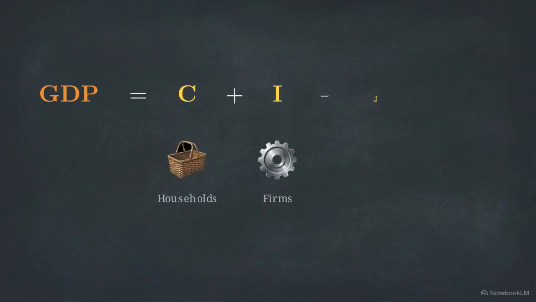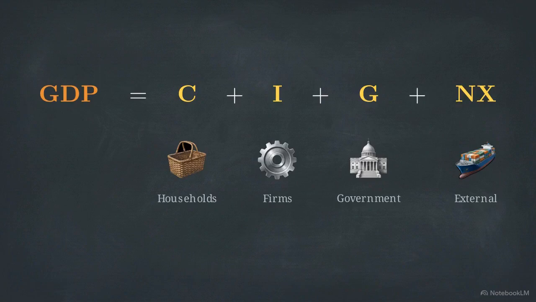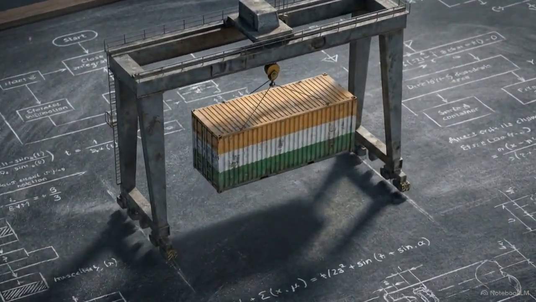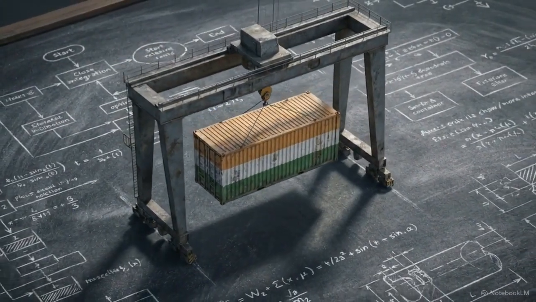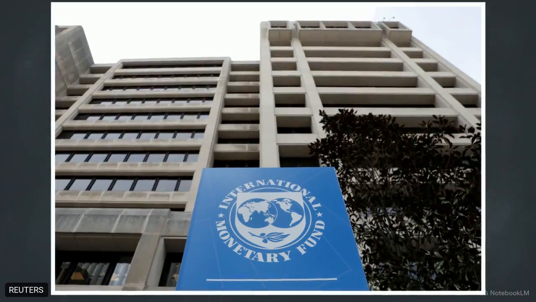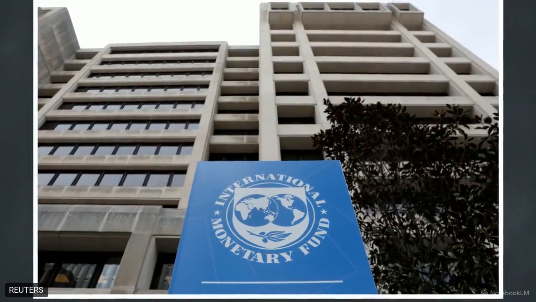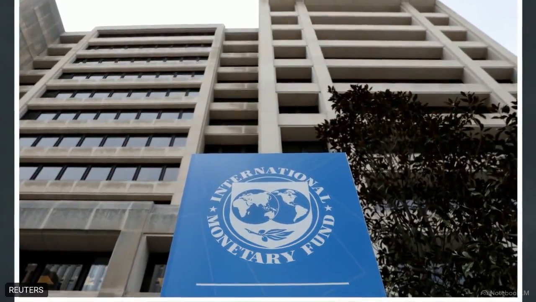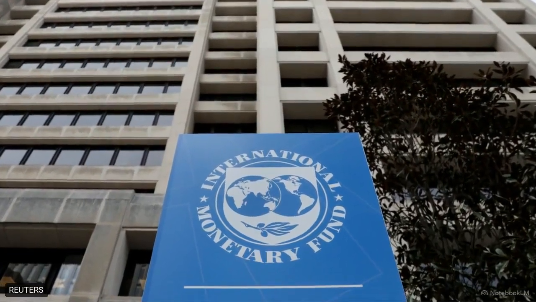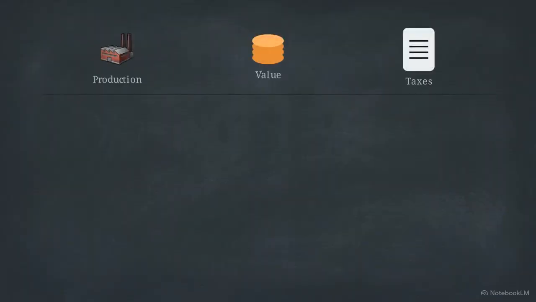We calculate gross domestic product by adding up all expenditure: consumption, investment, government spending, and net exports. To find true domestic investment, we look at the specific component of total investment minus imported capital goods. If a machine was built abroad, it is not part of India's domestic production. Since 2015, the National Statistical Office has shifted its methodology to calculate GDP at market prices to align with global IMF standards. This matrix shows how we arrive at these final figures.